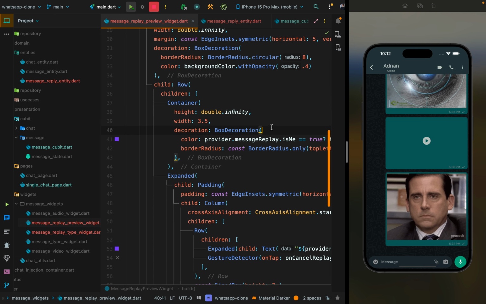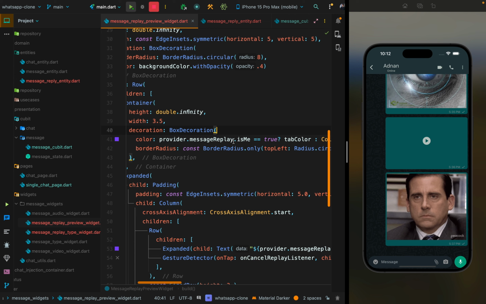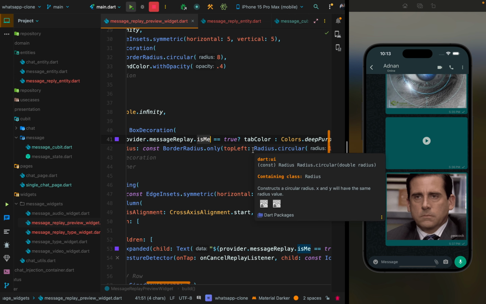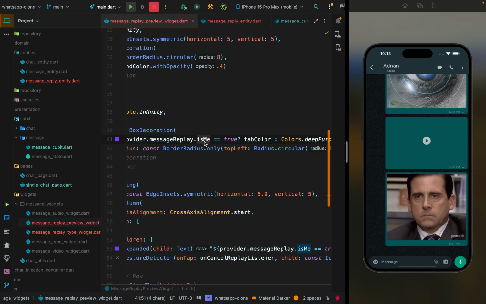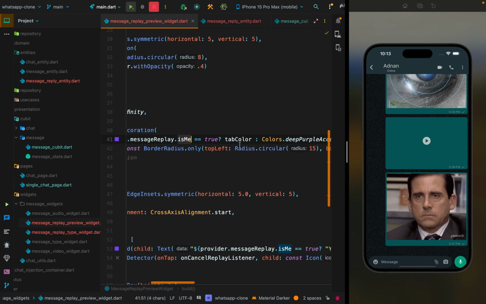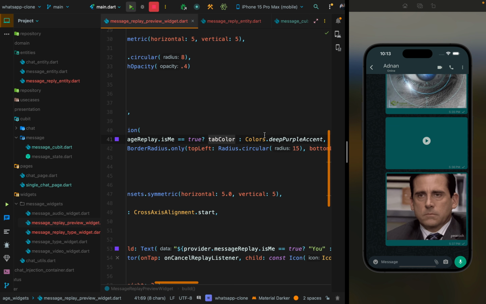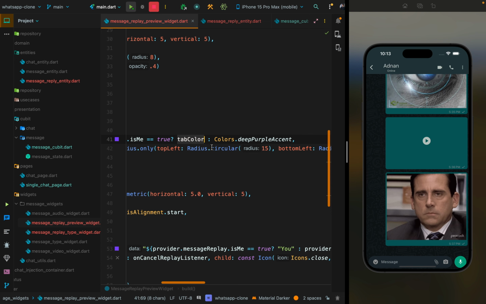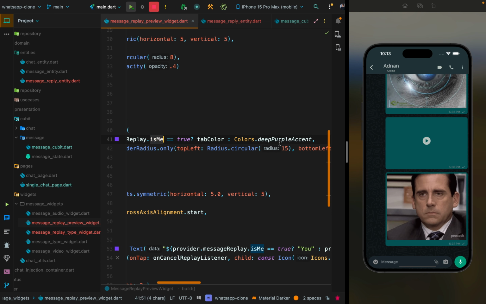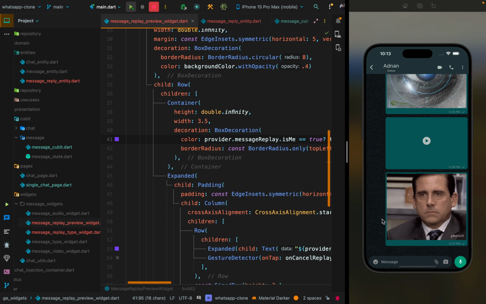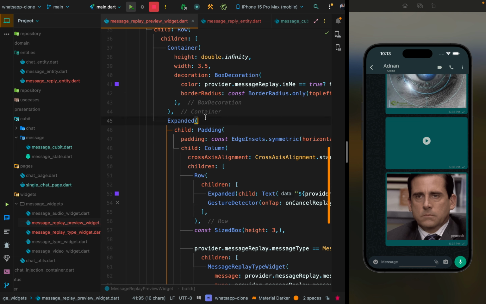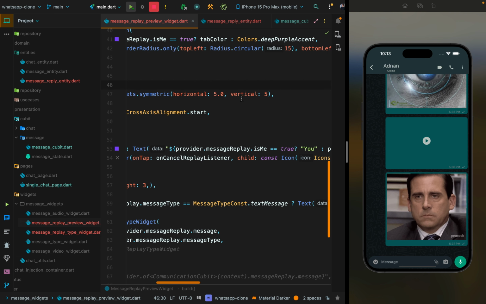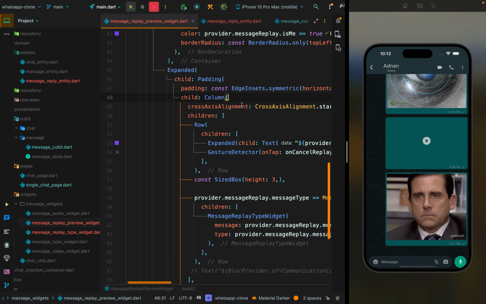and the decoration would depend on whether the message reply isMe was equal to true. For example, if I was replying to my own message, then isMe will be true, so we will display the tab color, for example a greenish color like this. If I am replying to another user, where isMe will be false, the deep purple color will be selected here as the line in the preview of the reply. And there will be an expanded widget with padding horizontally and vertically 5, and the column from start,